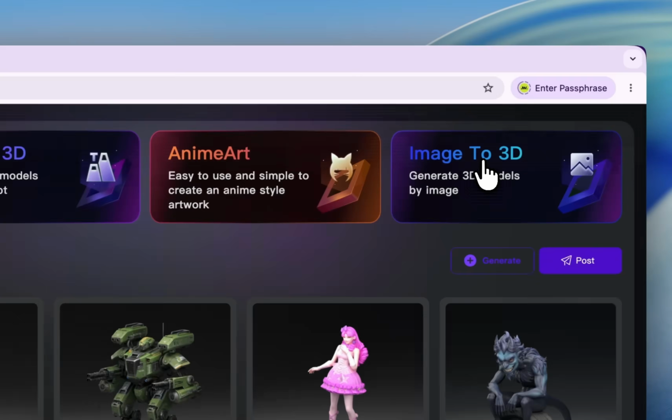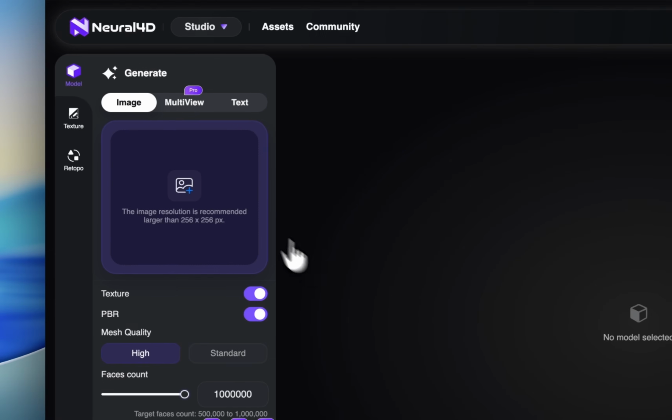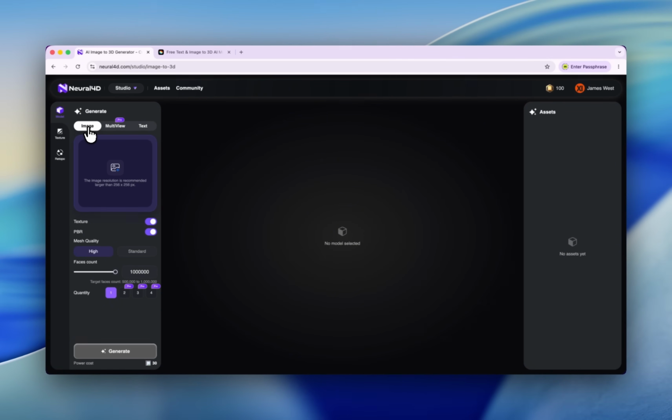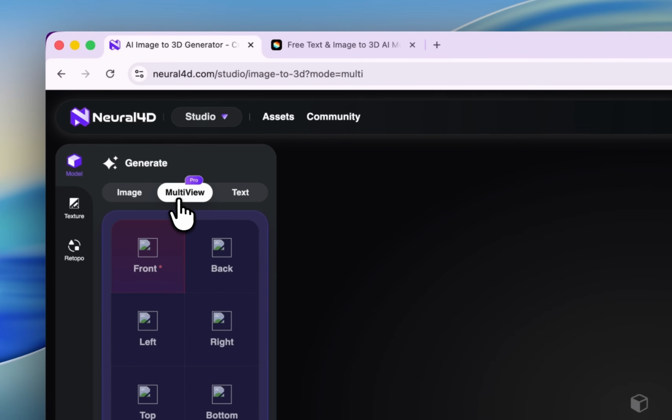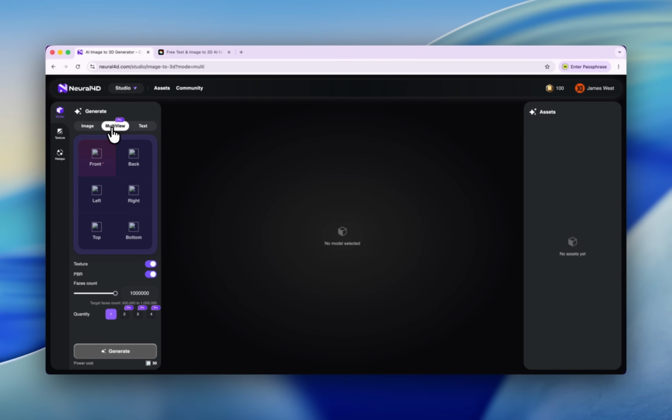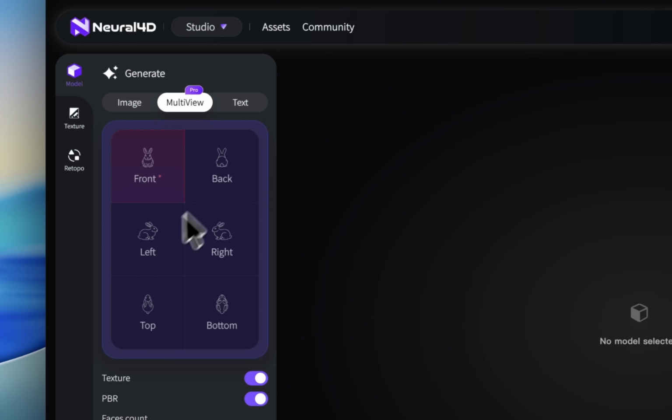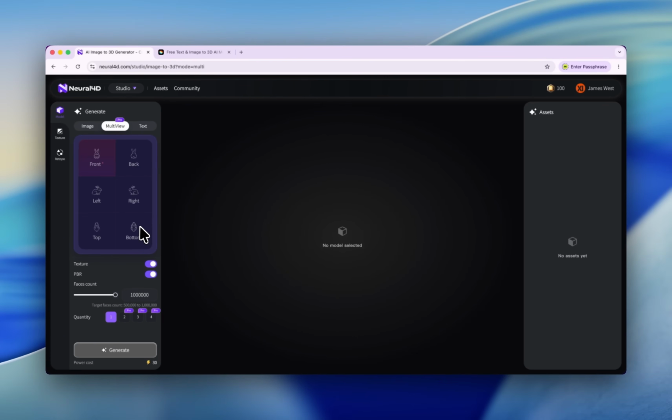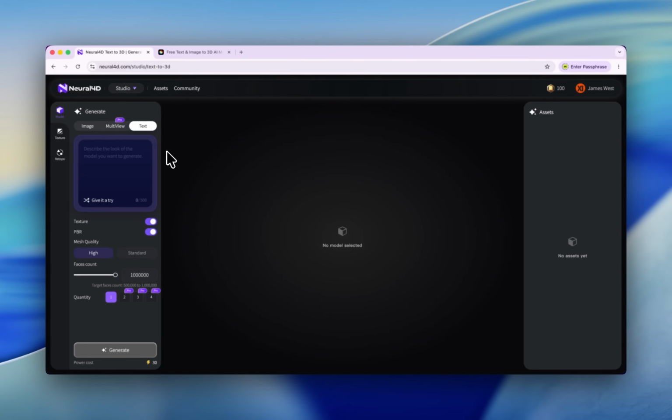Okay, let's click here, image to 3D. And wow, this is a new interface. So first, we're selecting image. You can also use this multi view. If you change to this toggle button, it means you need to upload more than one image. So you have a front, back, left and right, and top and bottom. With more assets, you get a more accurate 3D model. And the third toggle button is about text to 3D. You just simply write what you want to create or click here, give it a try, and click here to